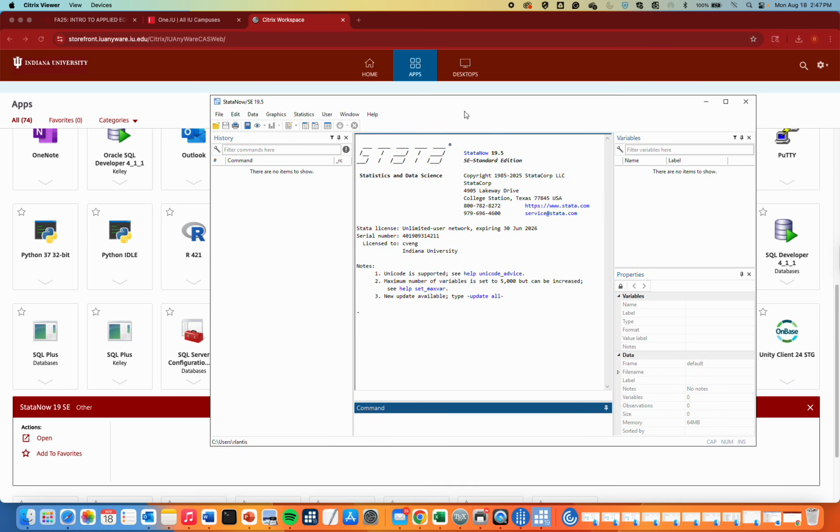So this is the actual program and it's running off of a shared license. So we've got the interface here. I can go to File, Open. So I'll want to open up these .dta files, which are data files. So if I go to Open here,